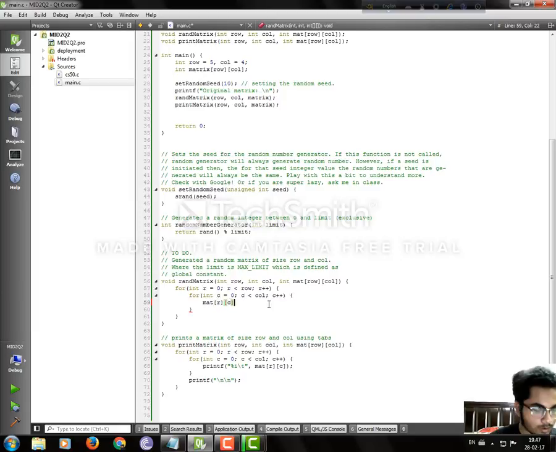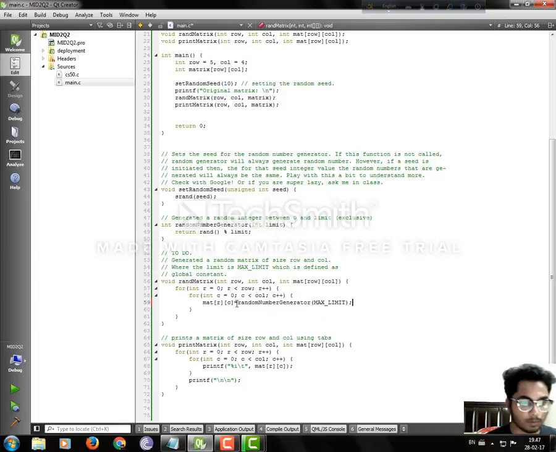This will get access to it, and we'll set it equal to the random number generator, what we have here, and we'll just put the maximum limit here with a semicolon, and that will be it.